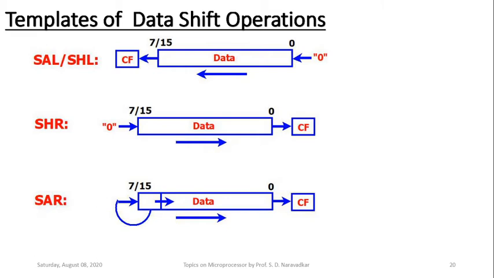It clearly means that sign is copied within itself, so that sign is maintained even after that shift arithmetic right operation here. Whatever sign, it will be simply copied, and then every bit including that MSB bit, that sign bit, is shifted towards right. And the successive bits which are coming out of LSB will be copied to carry flag. Obviously, if it is a multiple bit shift arithmetic right, in that case the latest bit which is coming out of LSB will be only maintained within that carry flag. So these are all the templates of data shift operations here.